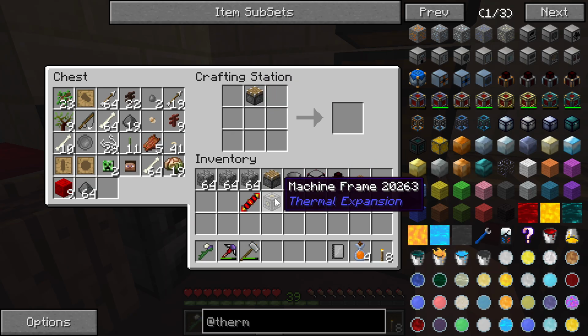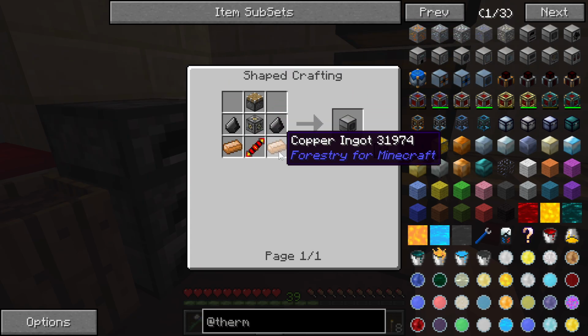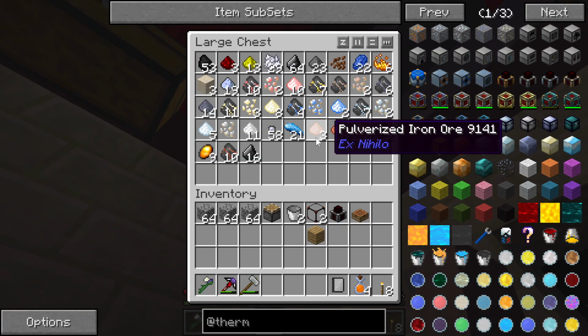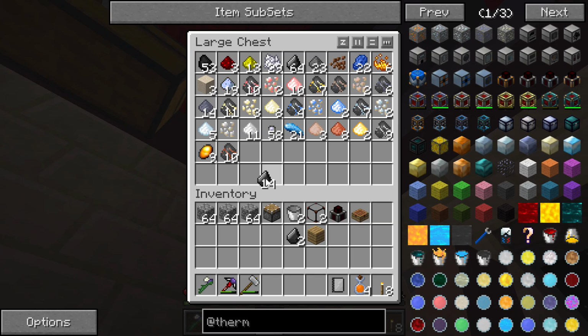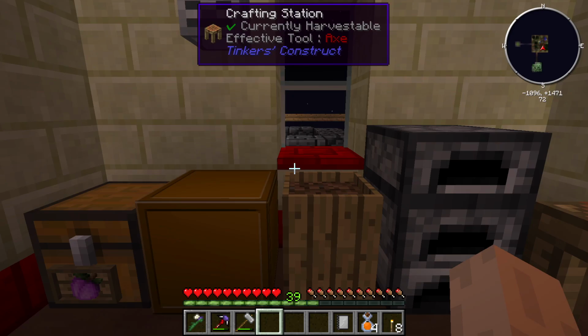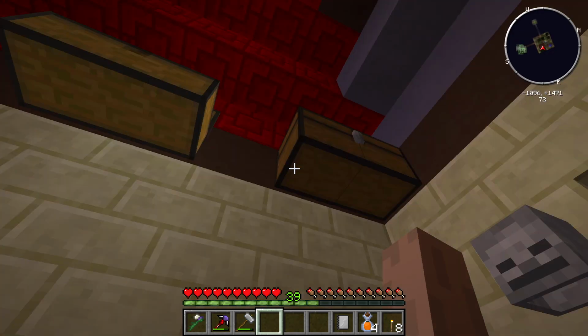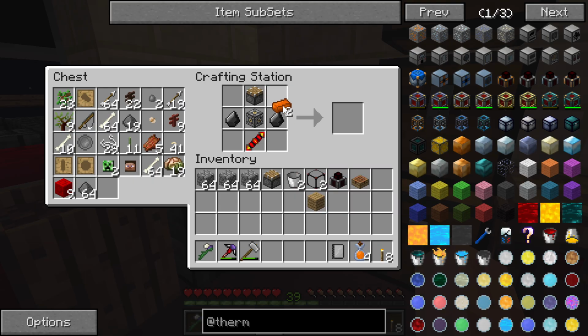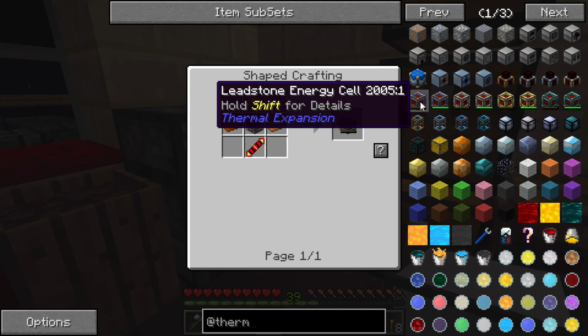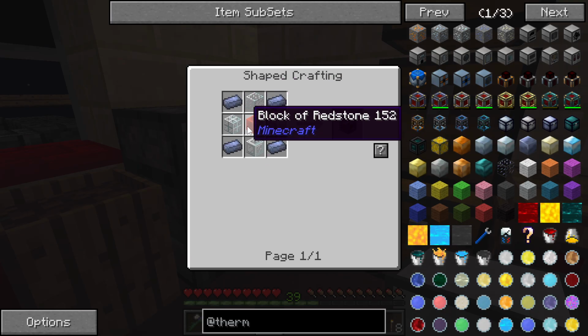Why have I got two pistons? Flint and copper. Oh, I don't know. Clearly something weird is going on, but flint and two copper to make a pulverizer. Now right now we could also use a leadstone energy cell, but I don't have the